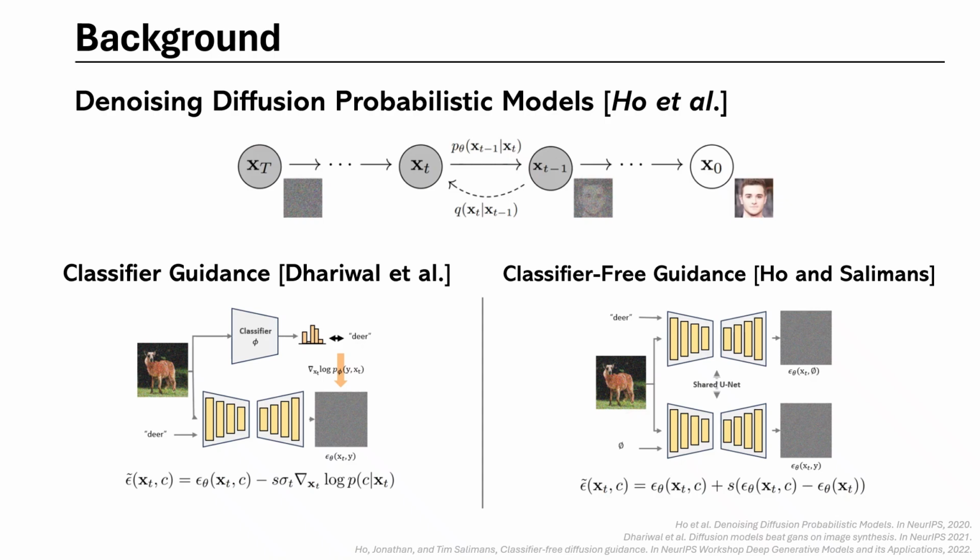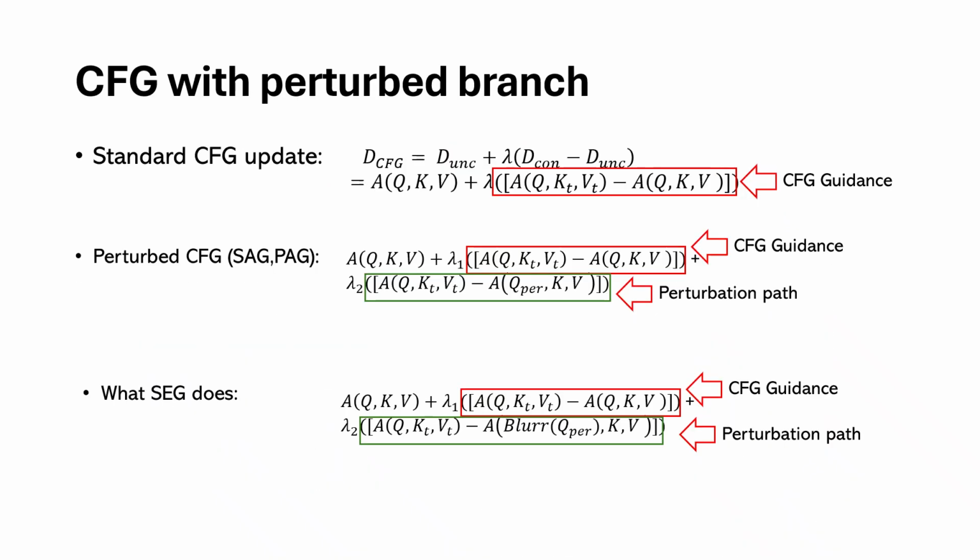Classifier-free guidance then removes the need for an external classifier by using the diffusion model itself, which learns both conditional and unconditional predictions and combines them during sampling. This makes guided sampling more efficient and widely adopted across modern diffusion systems. So here is the equation of standard classifier-free guidance, but it still introduces issues. Strong guidance can cause oversaturation, distortions, and unstable sampling trajectories. It may also amplify noise and produce unrealistic structures.